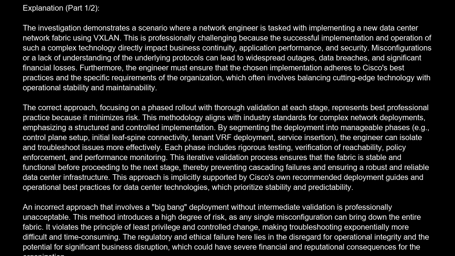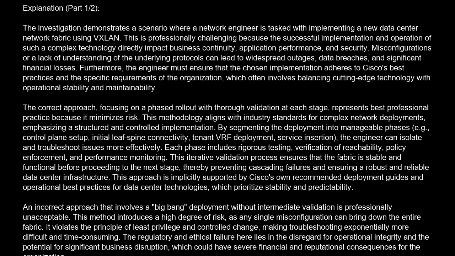Each phase includes rigorous testing, verification of reachability, policy enforcement, and performance monitoring. This iterative validation process ensures that the fabric is stable and functional before proceeding to the next stage, thereby preventing cascading failures and ensuring a robust and reliable data center infrastructure. This approach is implicitly supported by Cisco's own recommended deployment guides and operational best practices for data center technologies, which